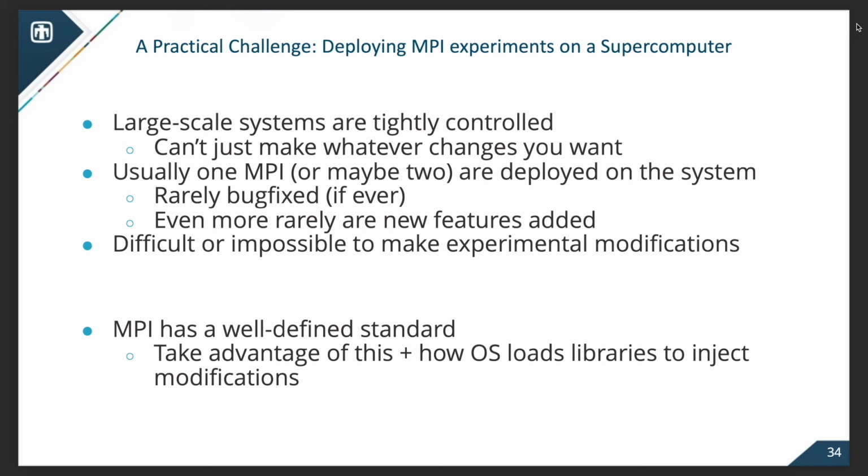So one interesting challenge here is that we don't have administrator access to Summit, right? OLCF Summit, we're just users. So these large-scale systems are pretty tightly controlled. And often you don't have access to that many MPIs on the system. If you're lucky, you've got 2. And these MPIs are rarely bug fixed, and even more rarely are new features added, right? And so basically it's very difficult for most folks to make experimental modifications and evaluate them at scale in real